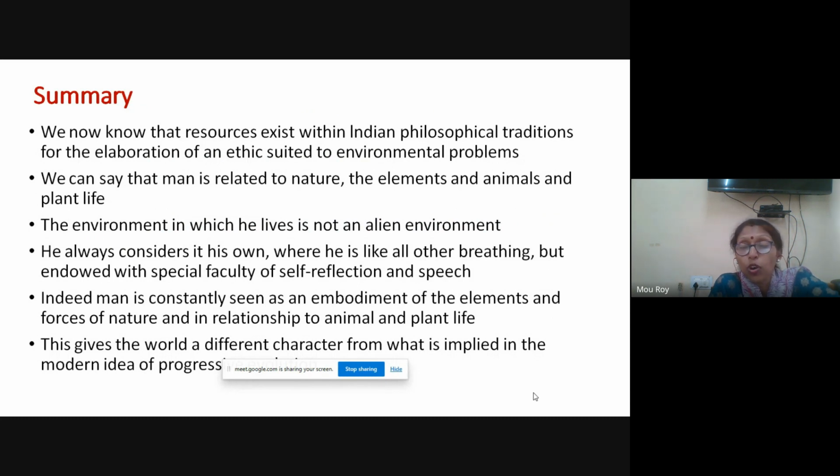We all believe that man is related to nature, the elements, and animal and plant life. Now the environment in which we live is not an alien environment. He always considers it as his own,